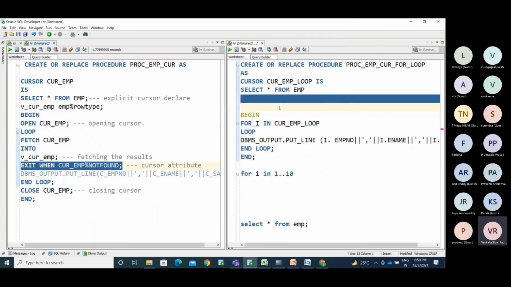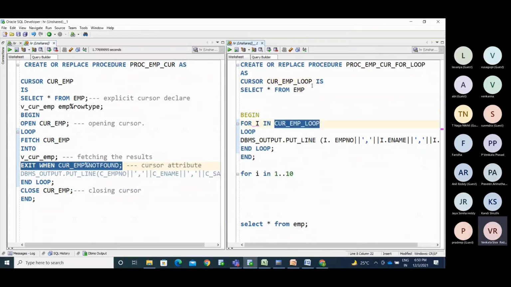Whereas in the for loop, you simply take the cursor name and pass it in here. Whatever select query we have is passed in this place, so the whole select query result is stored in this variable.